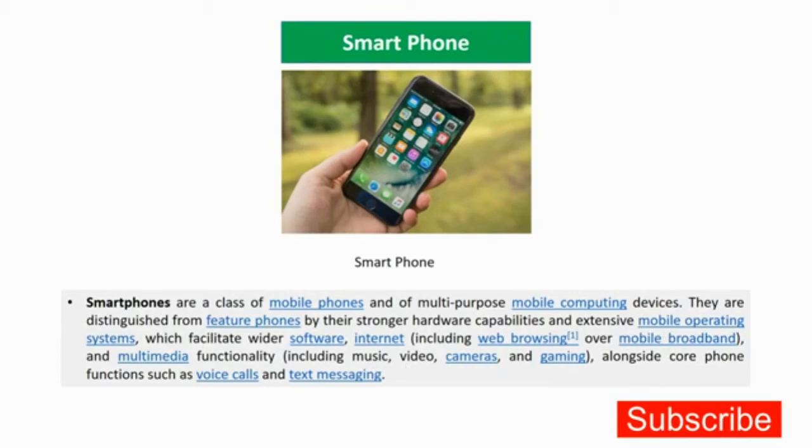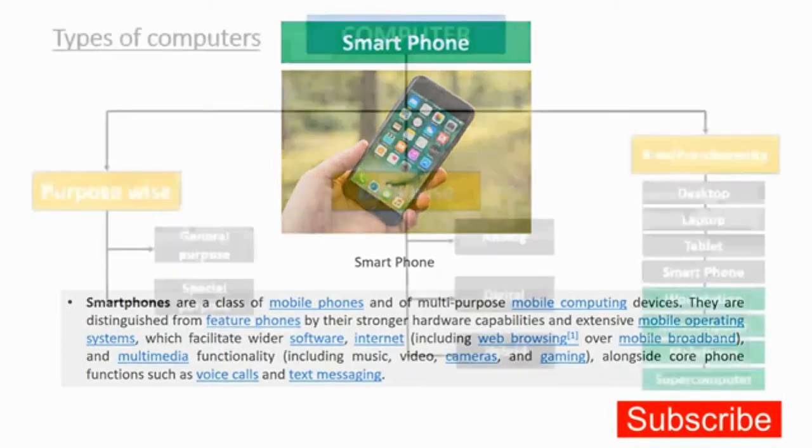You can download any apps, any kind of software that you want. There is a camera, there is a gaming capability, and so many other features are coming up, right? And there is a touch screen, and there are so many other things you can do with a smartphone. As well as you can do your voice call and text messaging also. There are so many apps available. You can download any app for your work and you can work on it. So this particular machine doesn't really require any kind of introduction. You can write in your own words about it. Okay, so that's the smartphone for you.